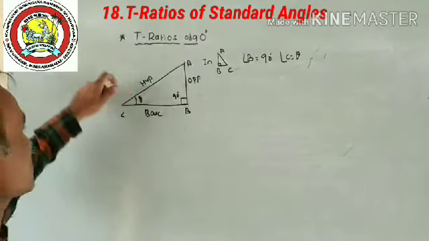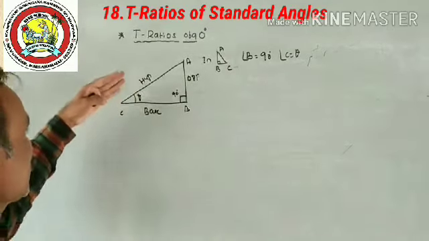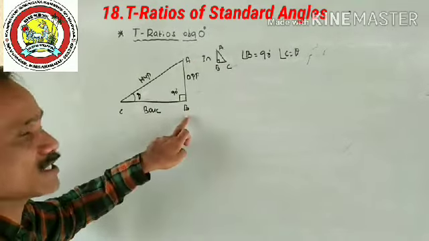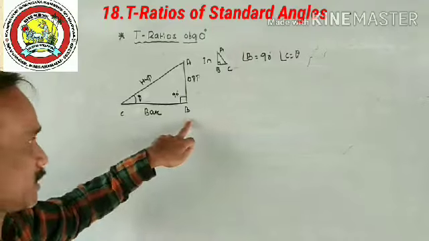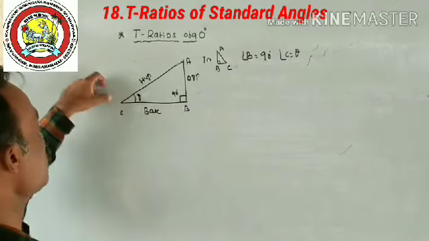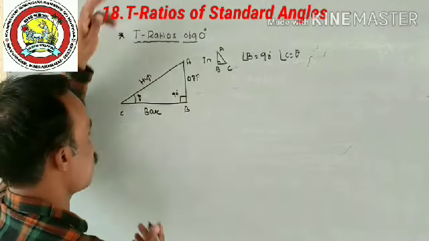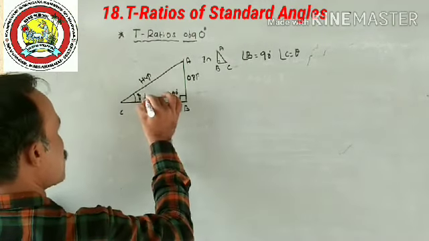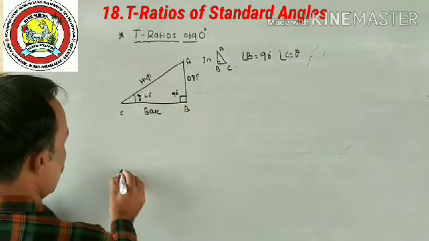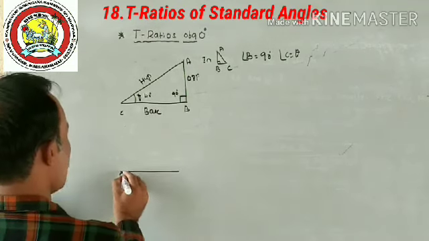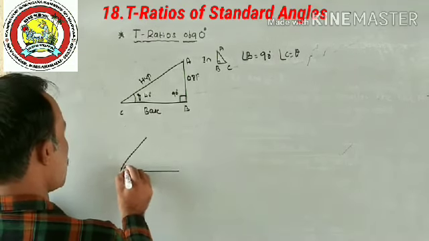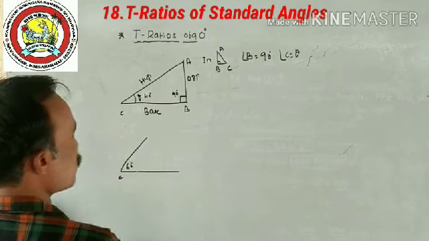We have to increase the value of theta. If theta decreases, A coincides with B, as we observed in the previous case. Now we have to increase the value of theta. If theta goes on increasing, for example, if theta is equal to 90 degree, or for example theta is equal to 60 degree, I mean, C is equal to 60 degree.